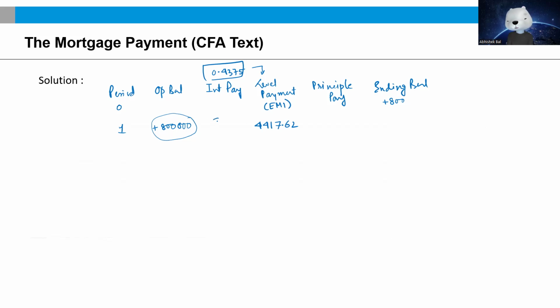So this happens to be 3,500. All right. So we've got the level payment as 4,417.62, of which 3,500 is only going to go towards serving the interest of the loan, which means that the rest of the money is going to go to meet the outstanding loan demand, which in this case happens to be 917.62, which means your ending balance is going to be